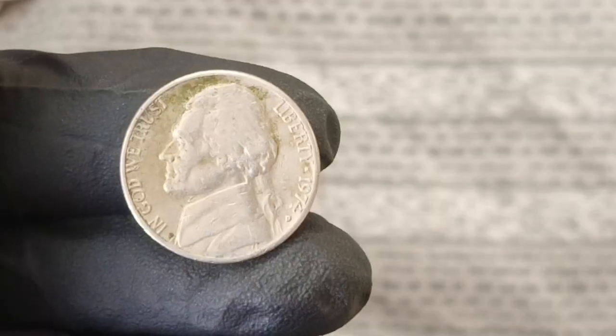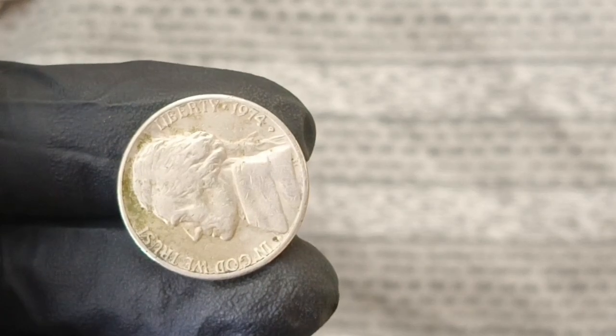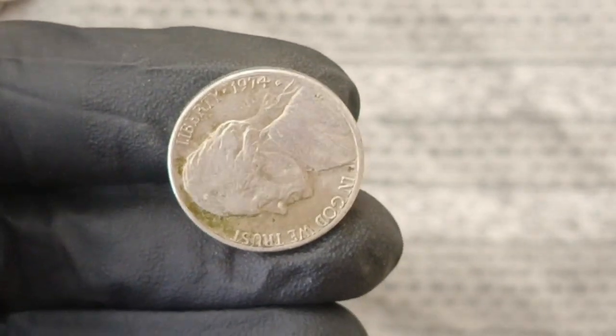But there are even more rare and exciting errors such as coins struck on the wrong planchet, such as a nickel design accidentally struck on a copper penny planchet or even on a foreign coin blank, which can result in a 1974 D